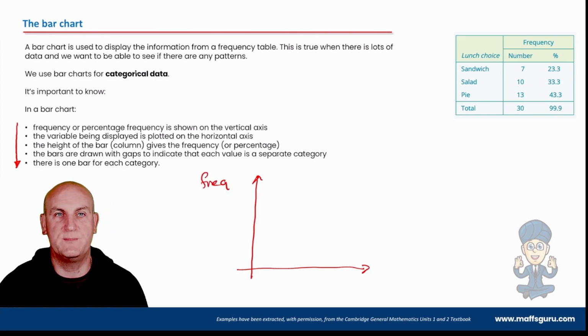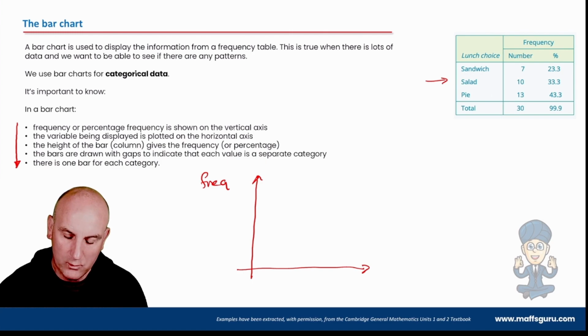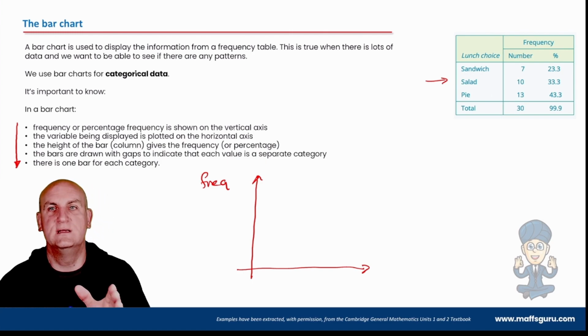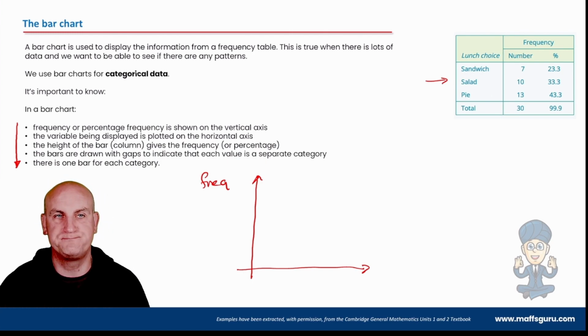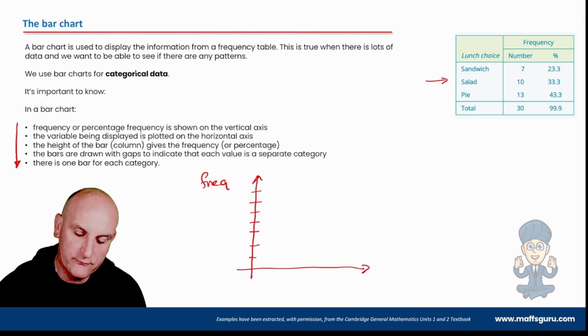The variable being displayed is plotted on the horizontal axis. Now in that situation, because we are dealing with lunch choices, we would effectively have sandwich, salad and pie along the bottom. The height of the bar gives the frequency. The bars are drawn with gaps to indicate that each value is a separate category, and there is one bar for each category. So for example, if I was going to be drawing this, I've got to go up to 13: 2, 4, 6, 8, 10, 12, 14. There we go. So I've decided to go up in twos